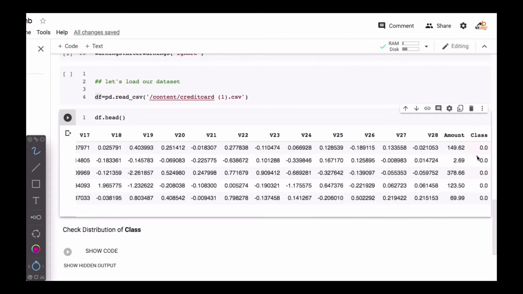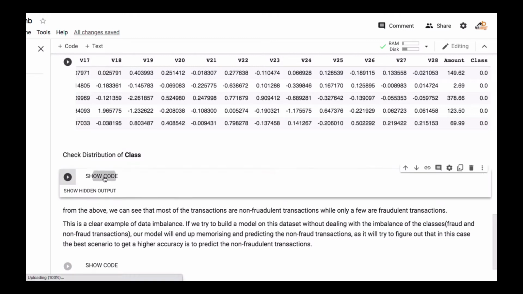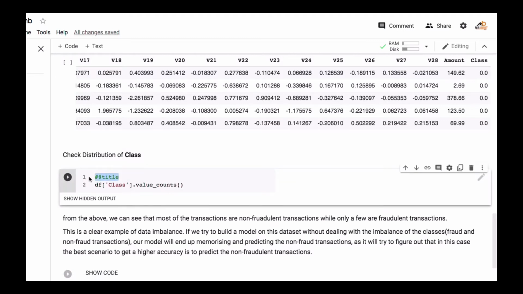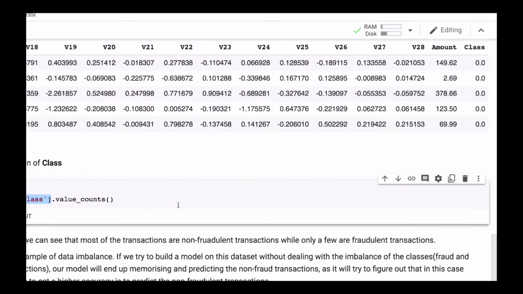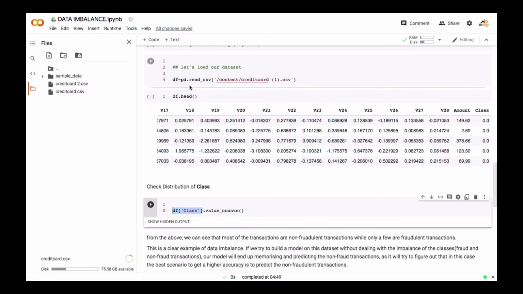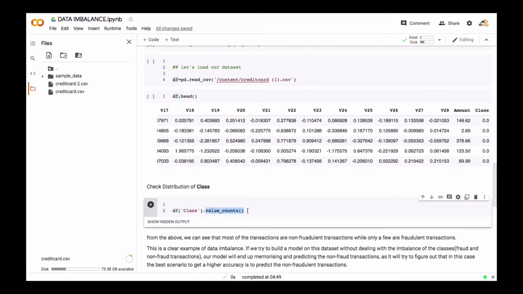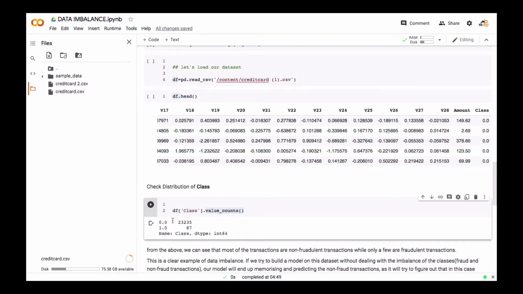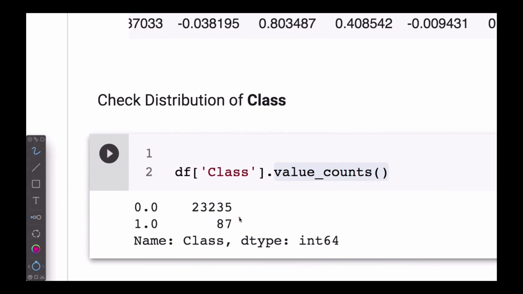So let's see how many 1s and how many 0s there are. We're going to pick the class column in our data set, which is the df, and then we see the unique counts. So we use value_counts to do that. Now over here you can see that we have 23,000,